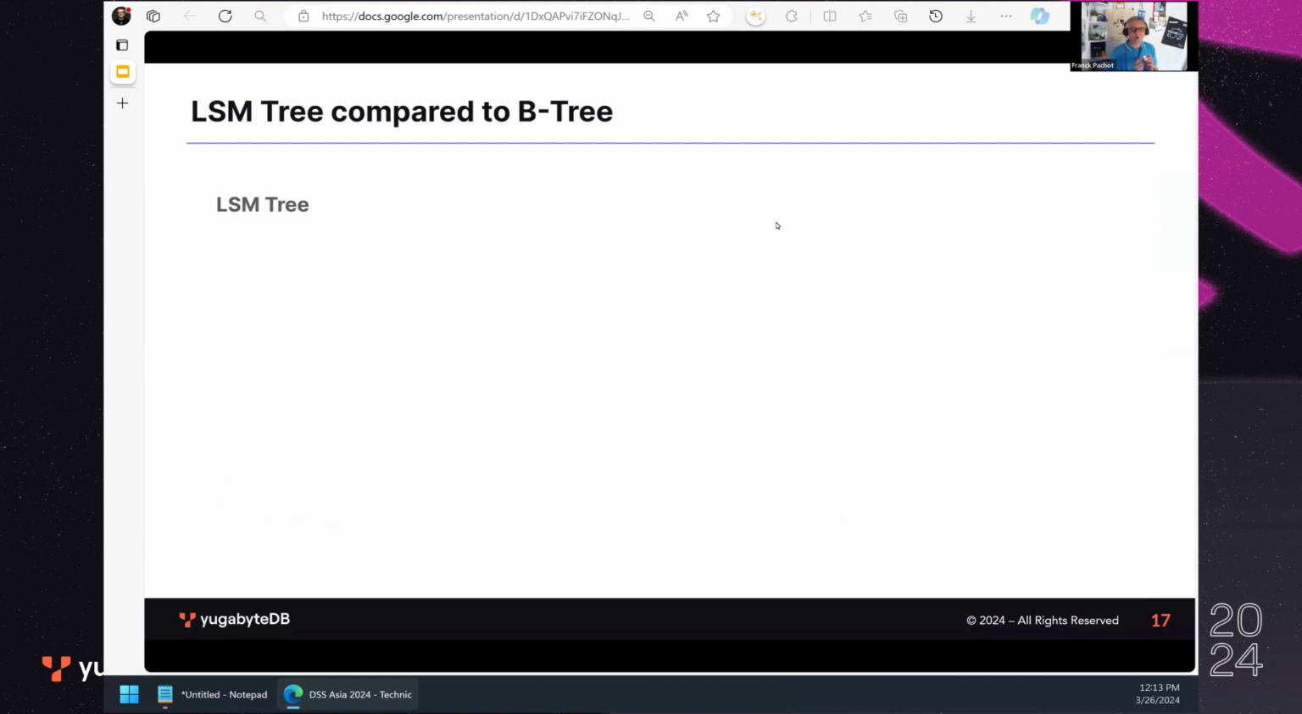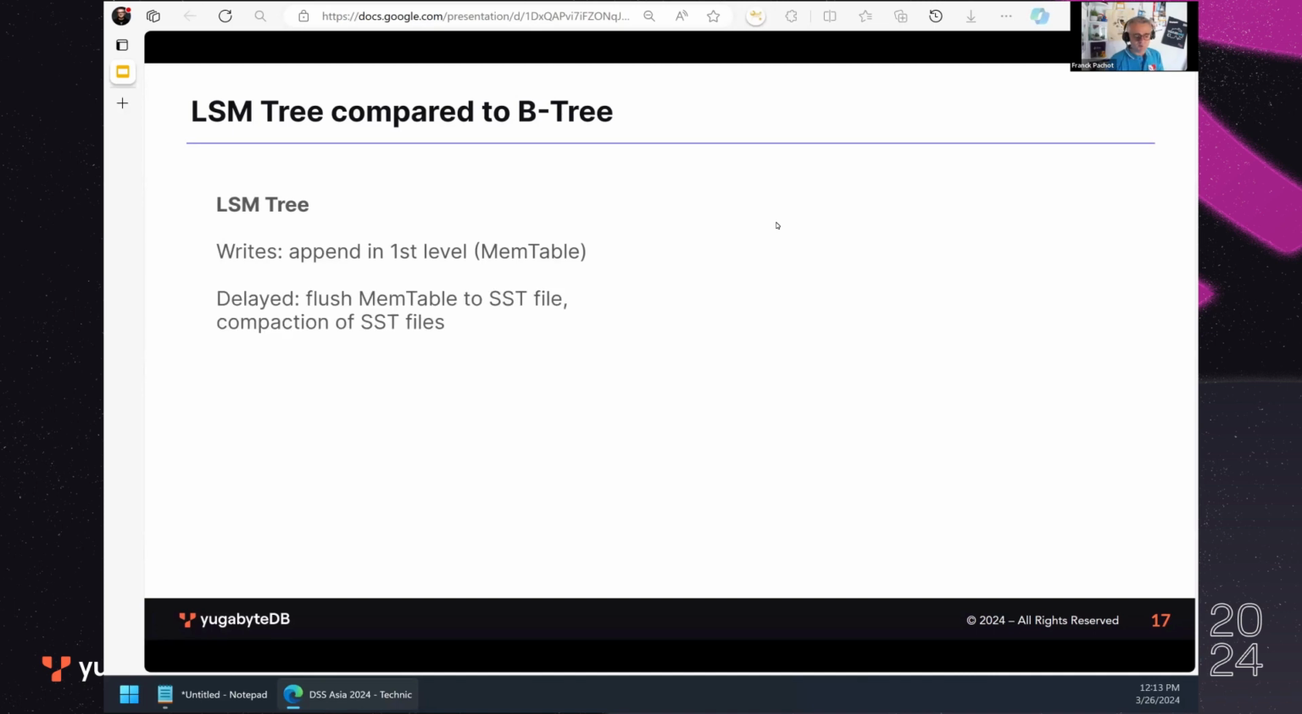Now, let's compare quickly the structure. In the LSM tree, as I mentioned, the writes go to the first level. It's a memory table, which means that it is fast. A new value, a new version for a row or for a column, goes only into memory, of course protected by write-ahead logging. And then when it is full, it is flushed to an SST file,